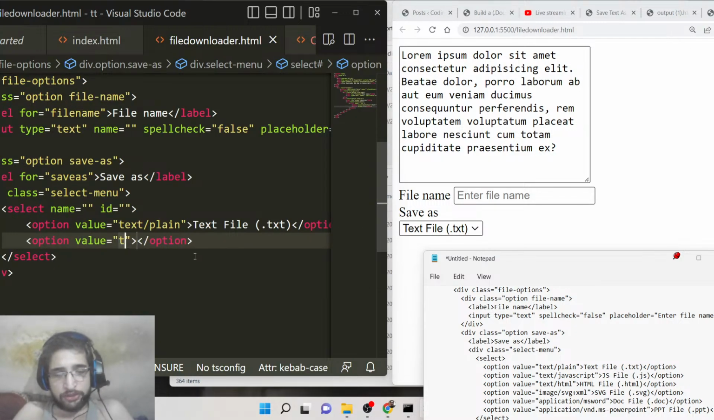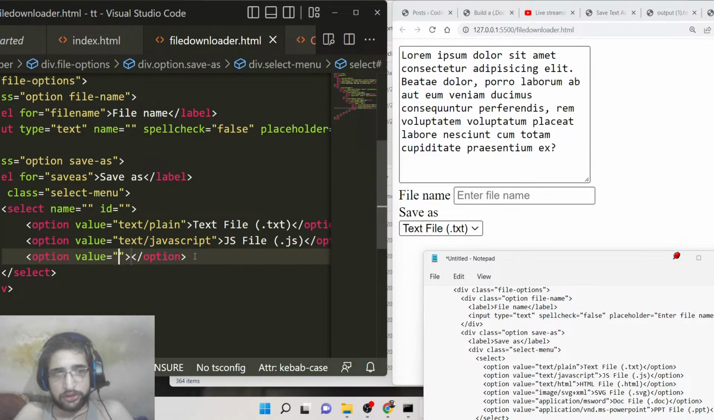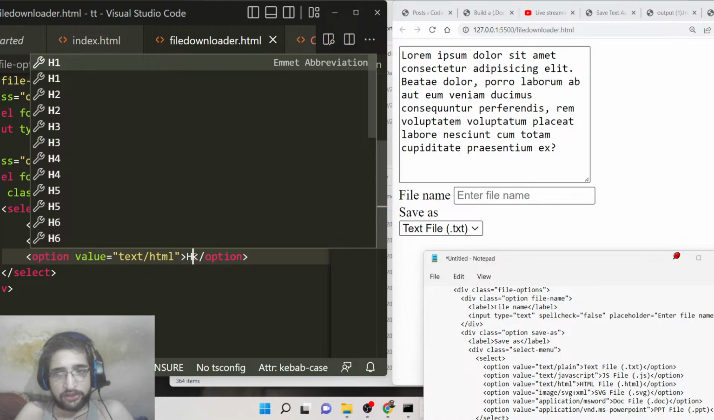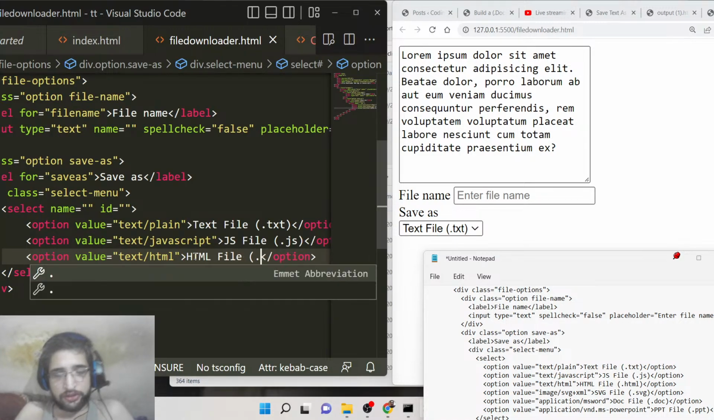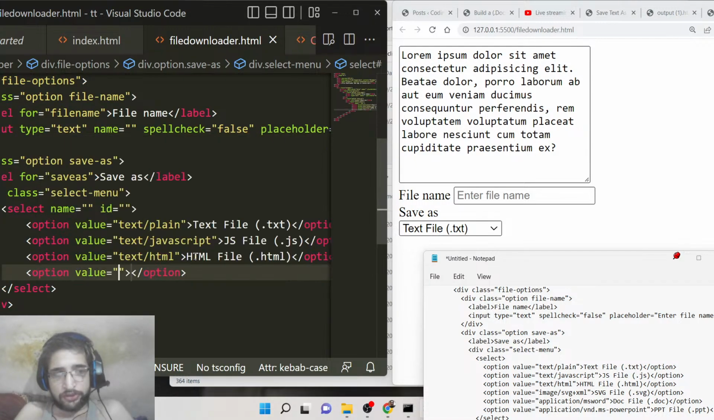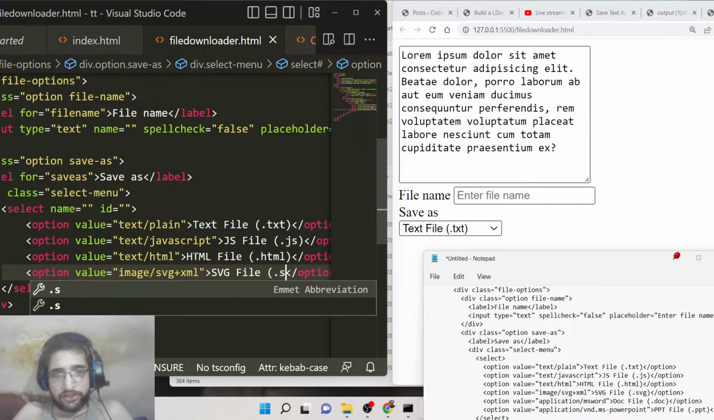The second option will be for saving it as a JavaScript file. So JS file .js. This is the second option. The third option is for saving as text/html. So this will be HTML file .html like this. The fourth one, we need to save it as an SVG image, SVG or XML image. So we will simply say here SVG file .svg,